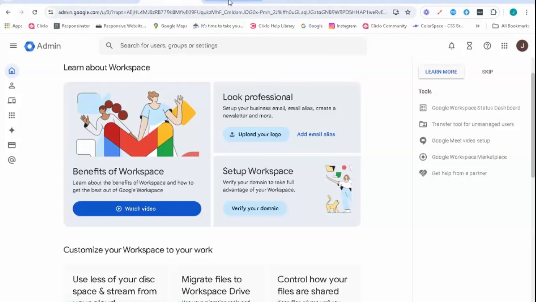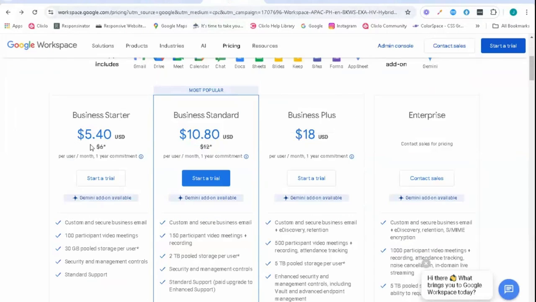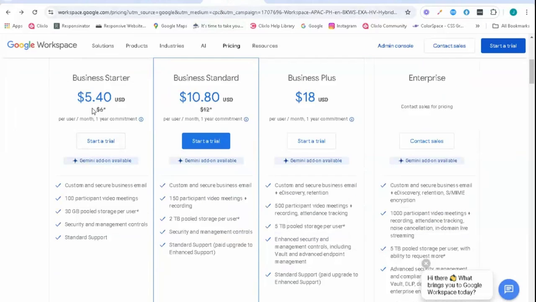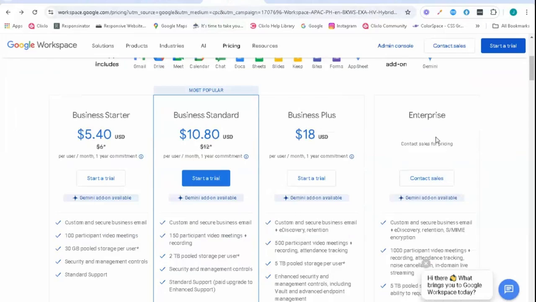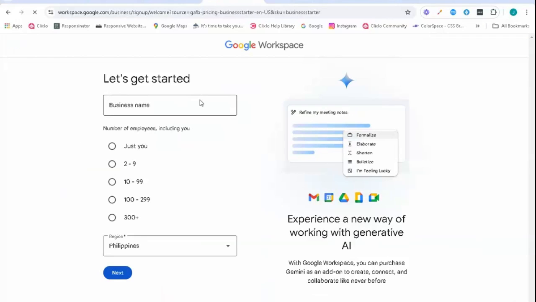Before that, I just want to show you we have four different tiers here. We have $5.40, $10.80, $18, and here is for the enterprise. To avail the enterprise, you need to contact their sales. So I only availed the $5.40 one. To start this process, you need to fill up this form,